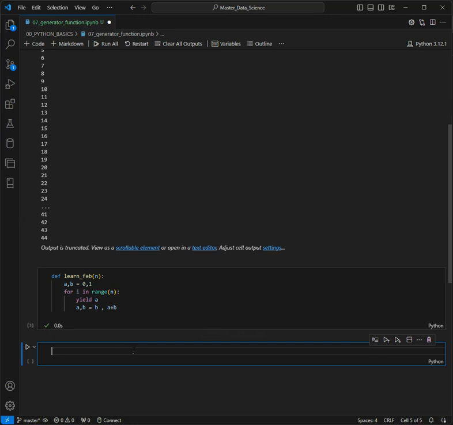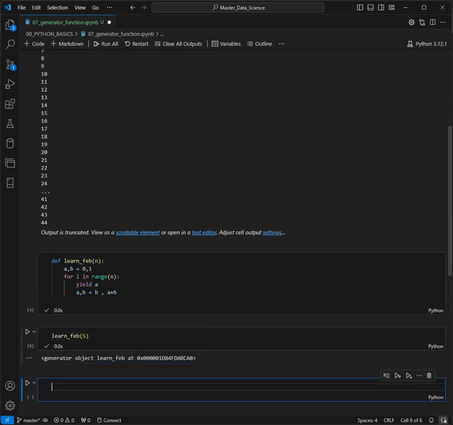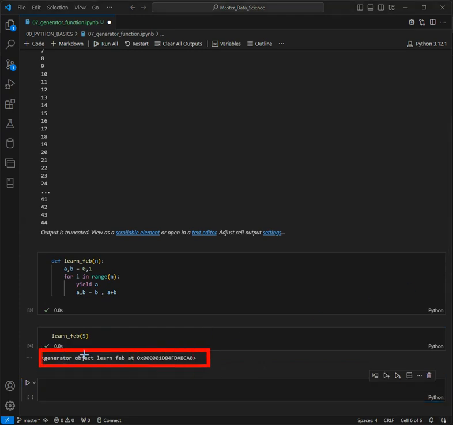Now if we try to run this function just using the name, and we pass the value 5, we can see that we are getting a generator object. It is not giving us the value because of this yield word. It is going to generate values one by one for us. So if we try to iterate through it,